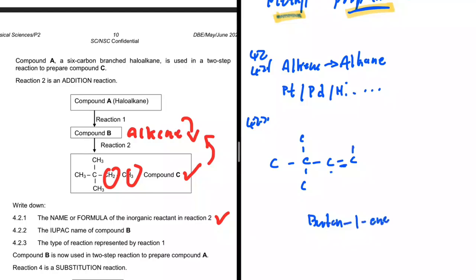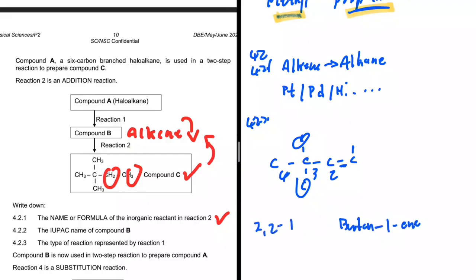And then so this is 1, 2, 3, 4. So on the 3rd carbon we have 2, not 2 because like I said on the 3rd. So why do I say on the 3rd and say 2? Right, let me just, I'm trying to drag this to the right. So I'm going to have 2,2-